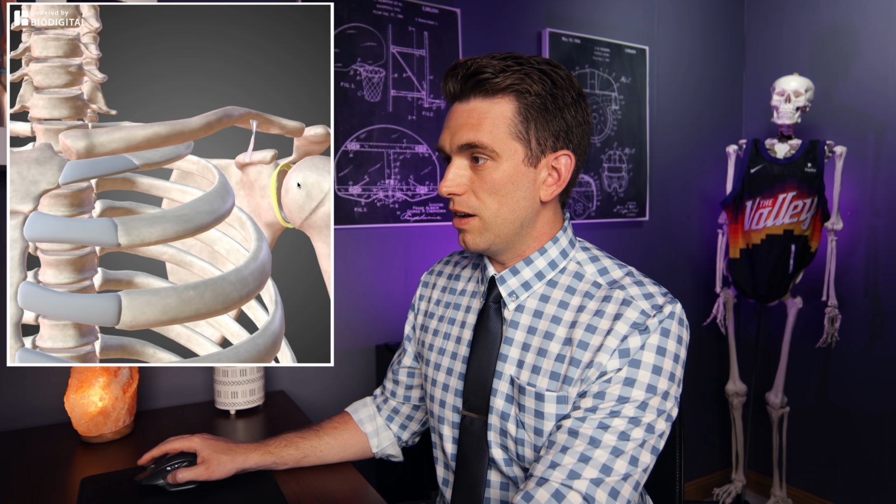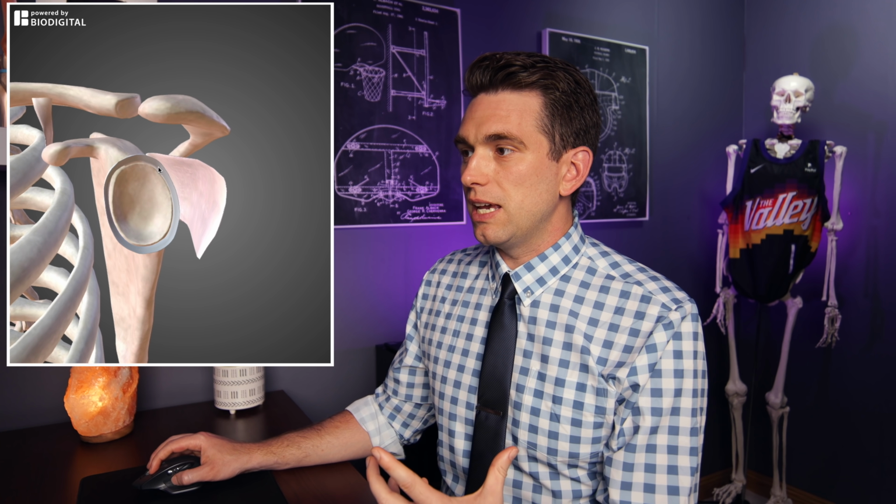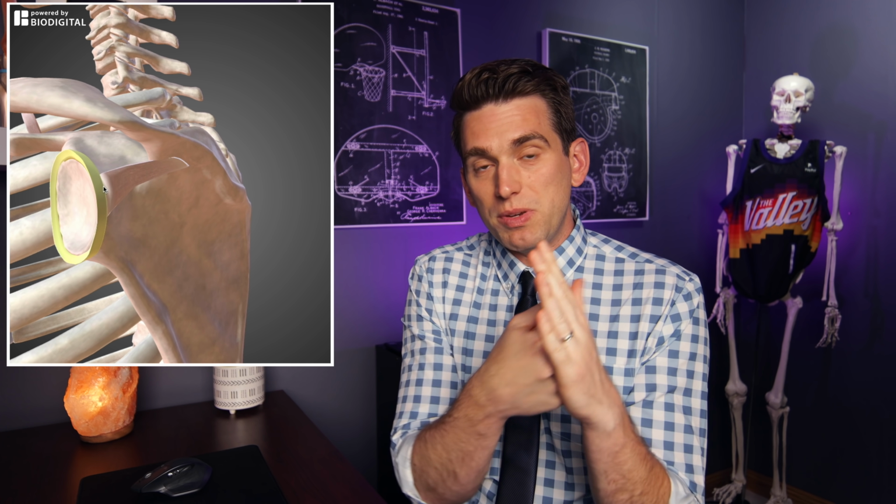Now, if we remove all of those outer smaller ligaments, then we're going to really get down to our labrum. And your labrum, of course, is this rim of connective tissue, sort of like cartilage, that lines the outer portion of that socket of the shoulder joint to help provide some additional stability and support to the shoulder joint itself. If the shoulder gets pulled one way or the other, it can sometimes shear a little piece of this labrum,